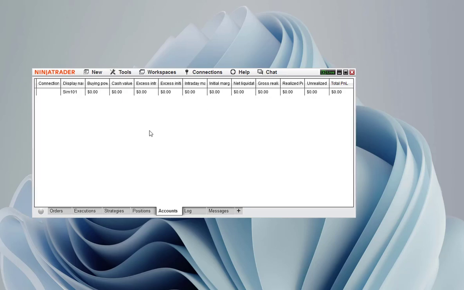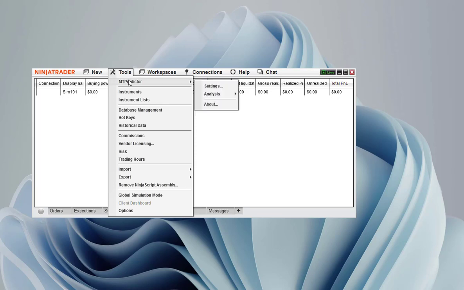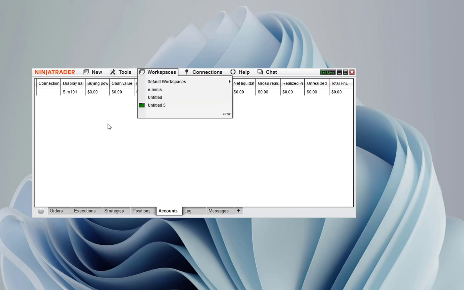When we install MTPredictor, what we do is we add in a new item under the Tools menu. So if you go under Tools, you can see there's a new MTPredictor item there that has our settings, analysis, and gives you information about what version of MTPredictor you've installed. There are separate videos on those. So that just installs there. So right, let's now